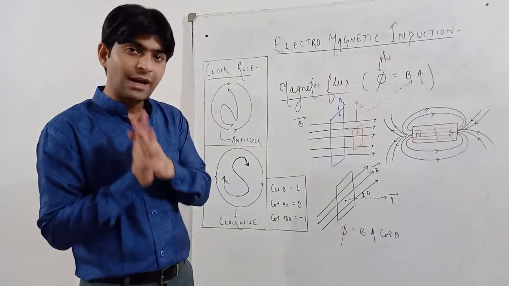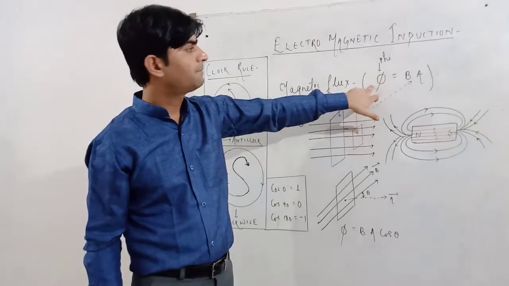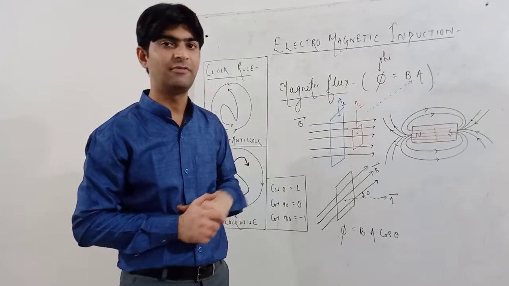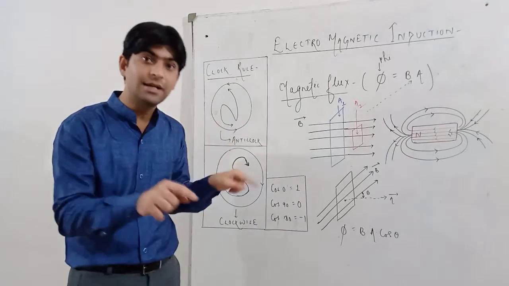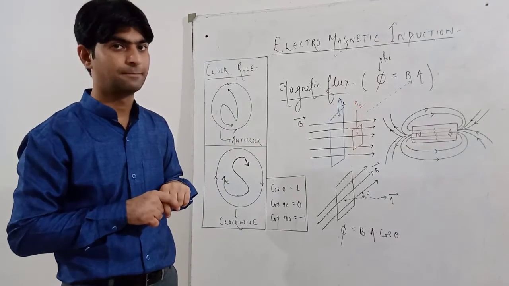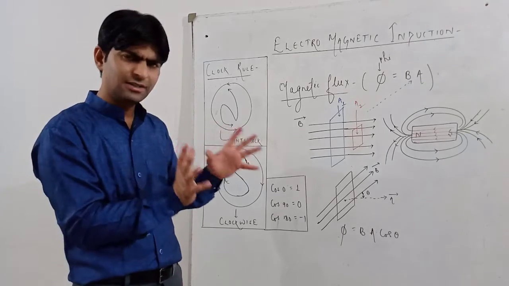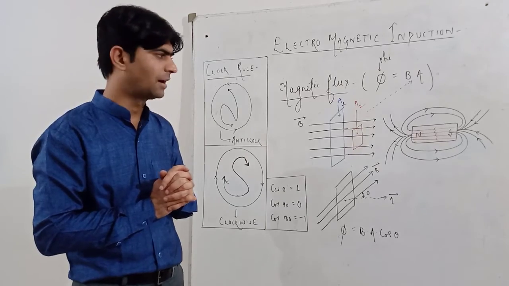The formula for finding the magnetic flux is phi, this is the symbol phi, equals B dot A, that is B into A, where B stands for the magnetic field and A stands for the area through which magnetic field lines are crossing. Now there are many possibilities, but we are discussing only two possibilities. That is enough to understand the basics of magnetic flux.